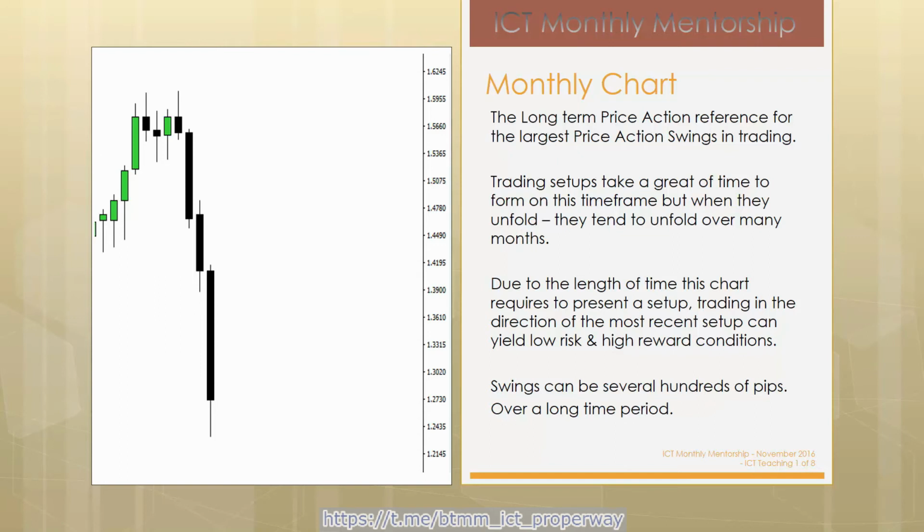So it's in your best interest to understand what that monthly chart is going to do and what it has already done. In this case, let's just say we opened up our chart and we saw the Euro dollar here, and this is what we see. So right away, without having any other forms of reference, we don't need anything like that. This is how I'm trying to tell you, understanding price action is very pure. I don't need to know where trend is prior to this sample size of data. I don't need to know what indicators are indicating bullishness or bearishness. I don't need to know what crossovers of any moving averages took place.